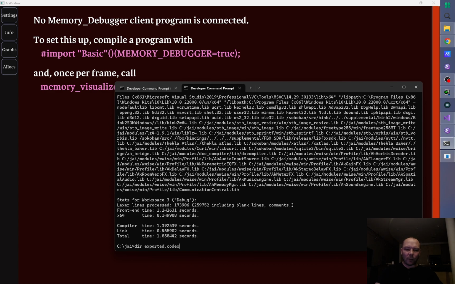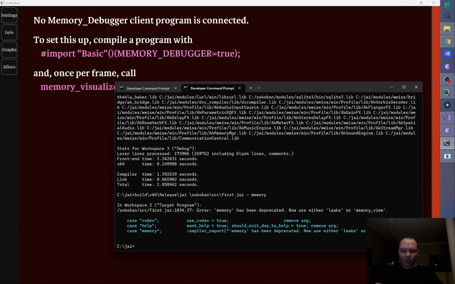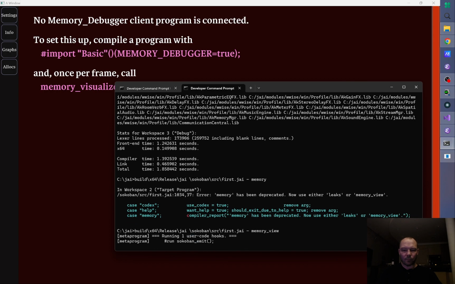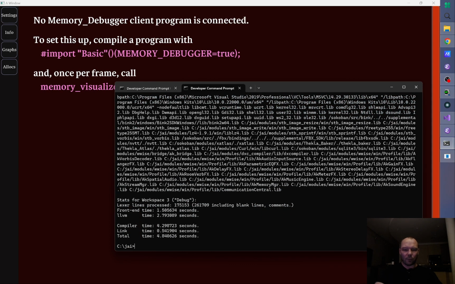Actually, wait, I have to, is it, I think memory view. Good thing I wrote myself a note. All right, so if I run Sokoban now,